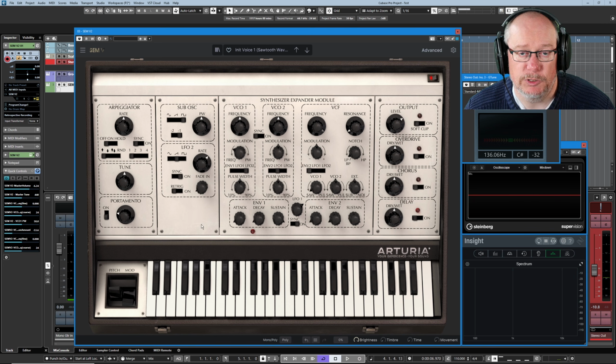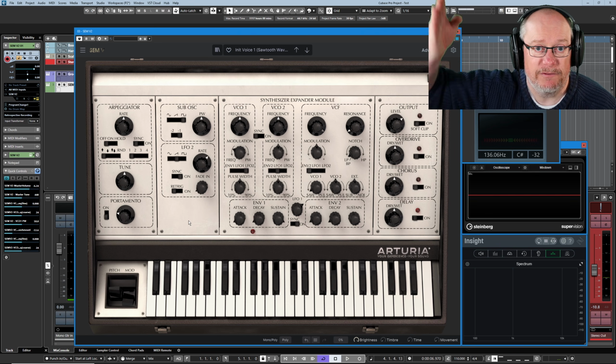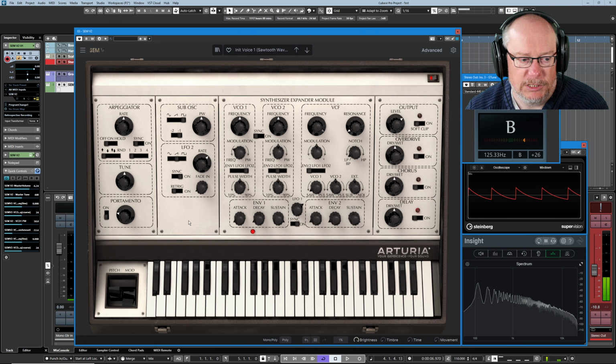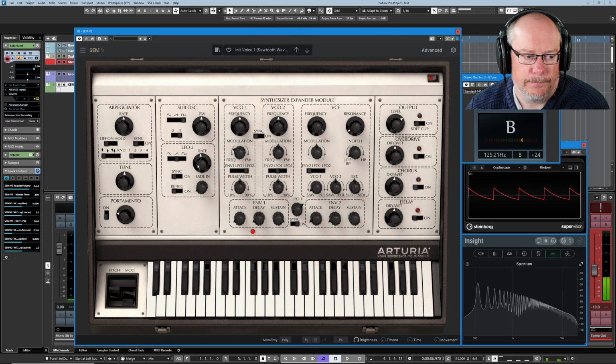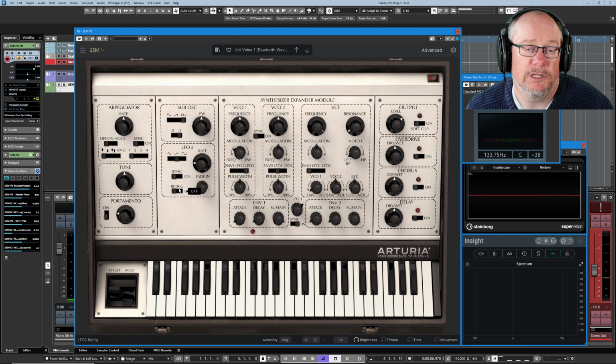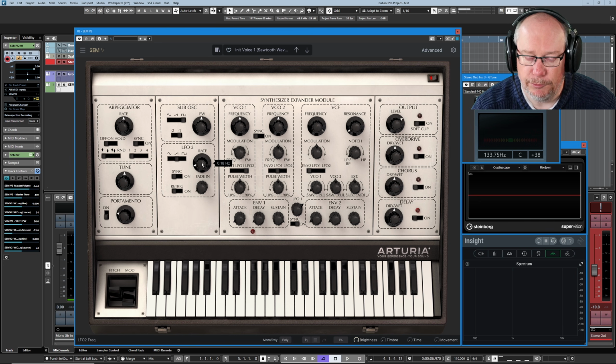So if I turn it into a sawtooth, you're going to hear the pitch go up and then fall off a cliff, go up and then fall off a cliff. Slow it down a bit. And with retrig currently off, this specifies what happens when I press a key. So at the moment, the LFO is basically cycling in the background. If I make it very slow and press some notes,